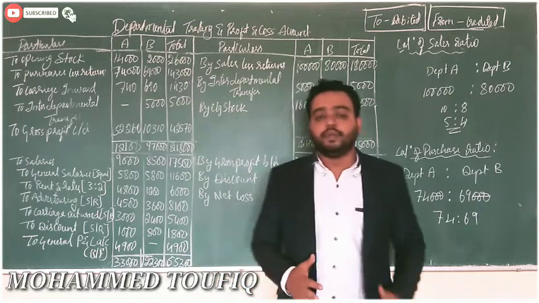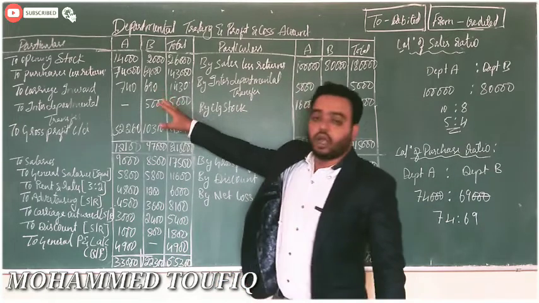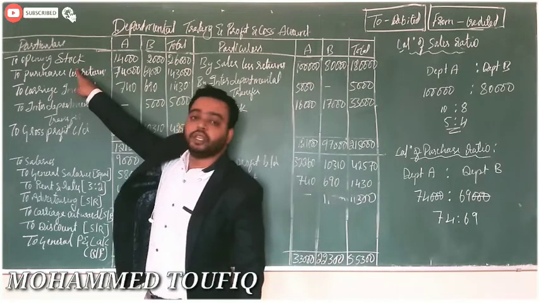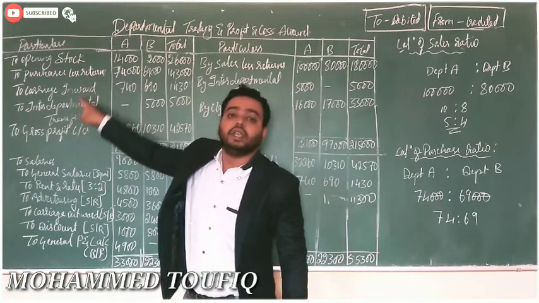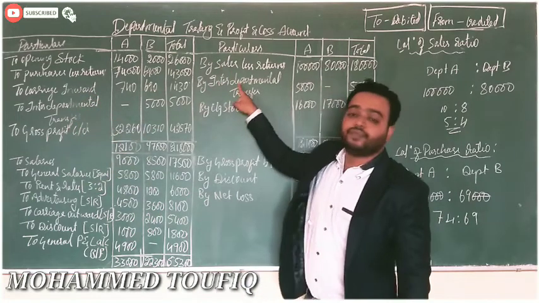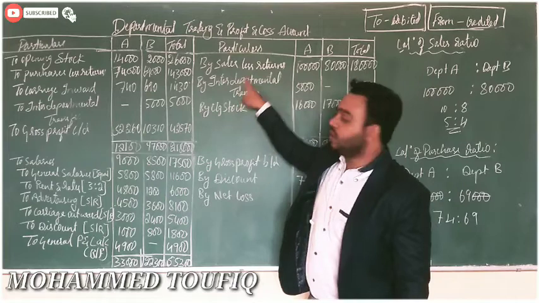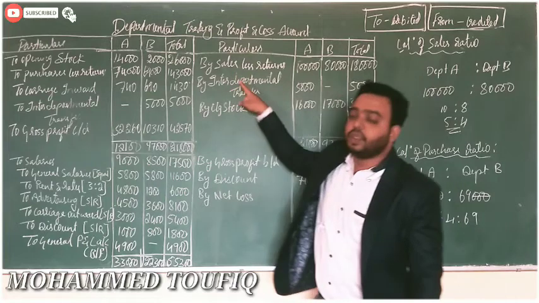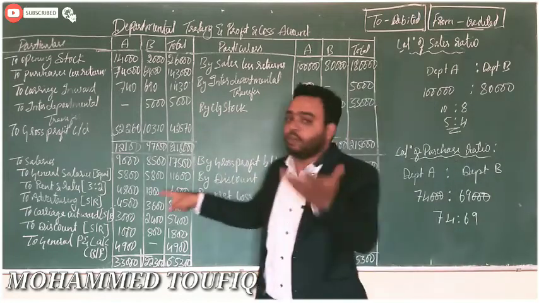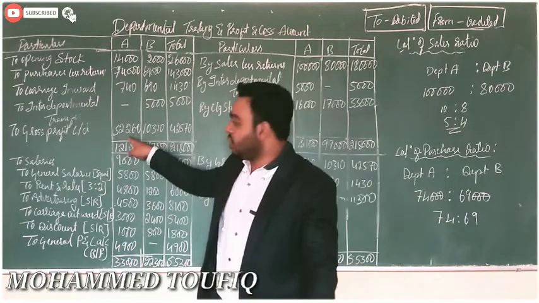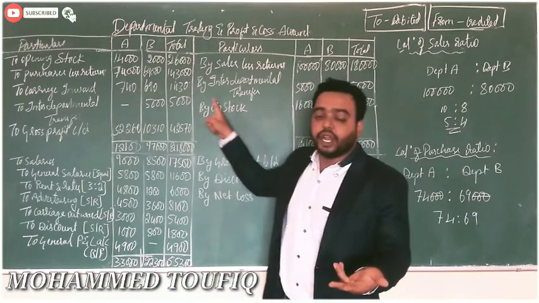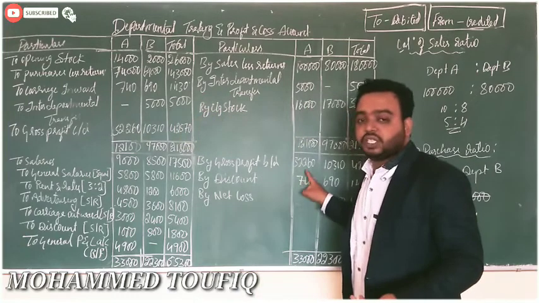Just concentrate. In the departmental trading account, on the debit side of the trading account, you have to take opening stock and all the other direct expenses. On the credit side of the trading account, you have to take direct income and closing stock. The balancing figure from the trading account you will get as gross profit, or you may get a gross loss. If you get a gross profit, it should be transferred here.